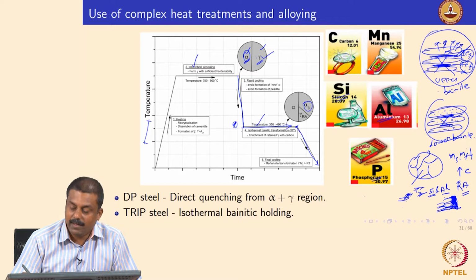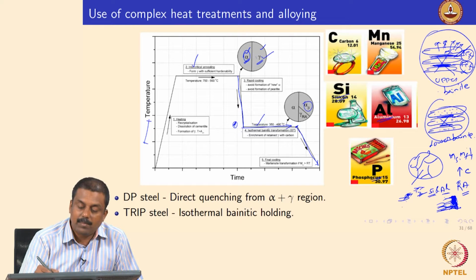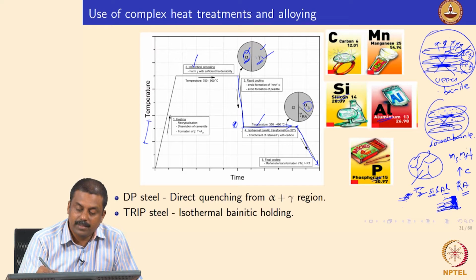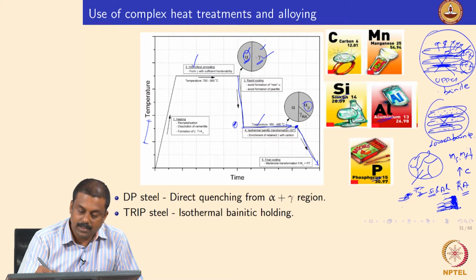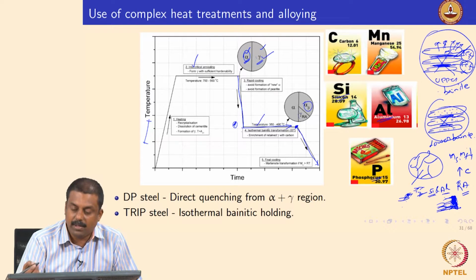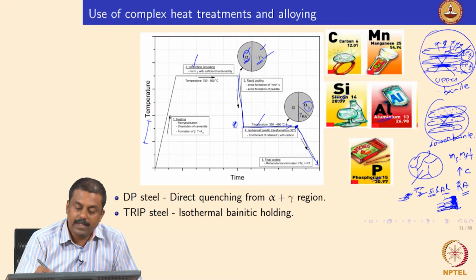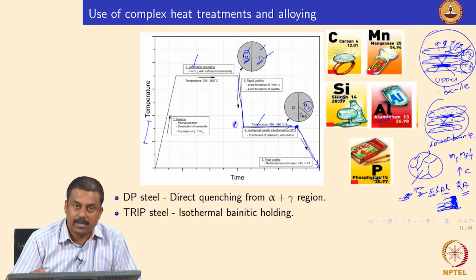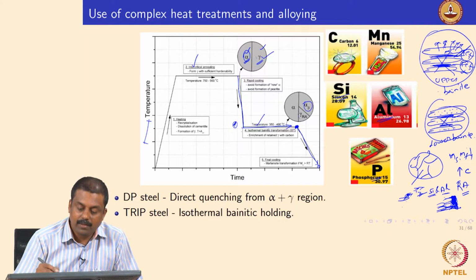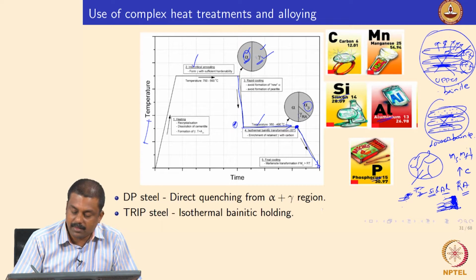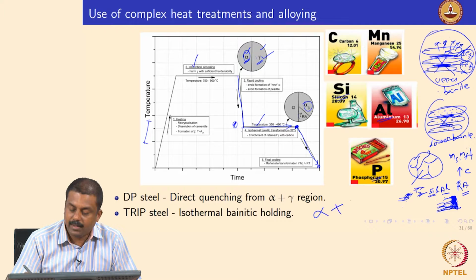So, you will have only bainitic ferrite and some untransformed austenite during this treatment up to this point, for example in this graph. Subsequently, when you cool back, some austenite may transform into martensite, but that is very insignificant. The majority of the retained austenite, which is stabilized here, would be stabilized to room temperature, right.